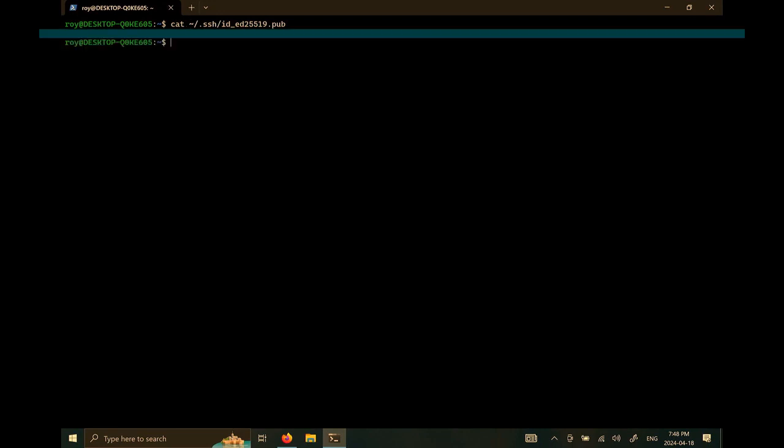This squiggly line means home slash your username. So if you don't want to open up Notepad, you can just do it in a terminal. So you will copy the entire thing, whichever it displays,